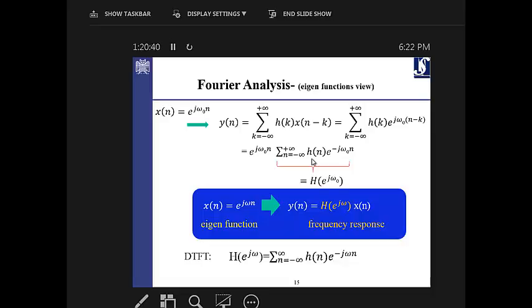And if you take it out, because this term doesn't belong to the k actually, here, I actually merged two operations to each other. So assume that e to the j omega n, I take it out. Still we are dealing with k, but then I change the k to the n. So you can forget about that. Just consider it's k. But the point is that one term is actually coming out of this sigma, and whatever remains